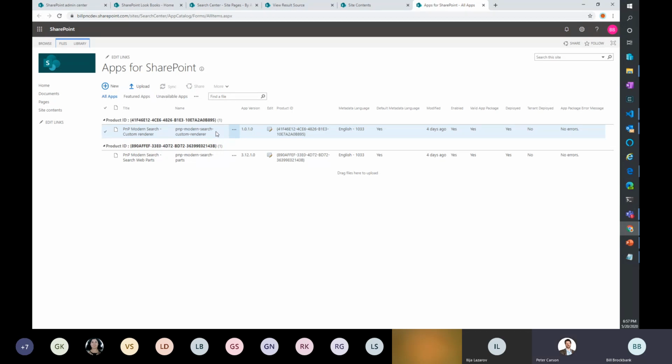So Bill, I realized you could deploy multiple app catalogs specific to site collections. I always thought of it as a global thing. No, there's a PowerShell command that lets you create the app catalog locally. So if you know that app is only for that site collection, then just create it there.